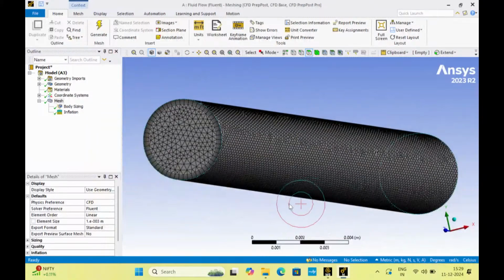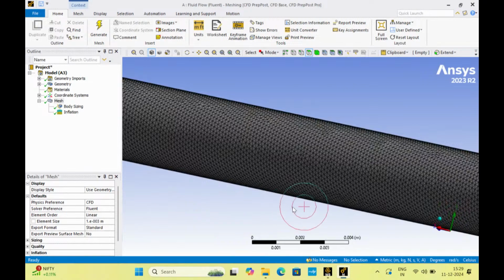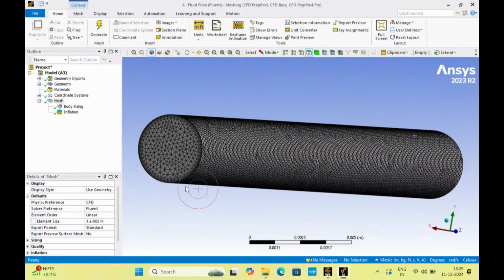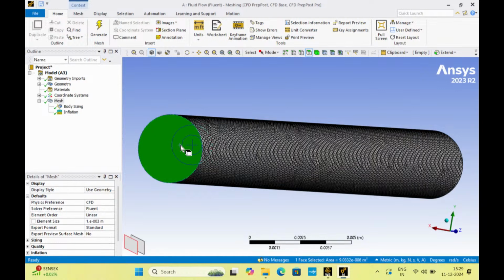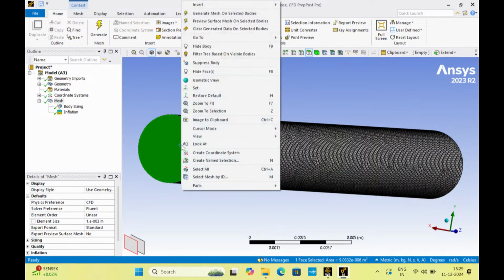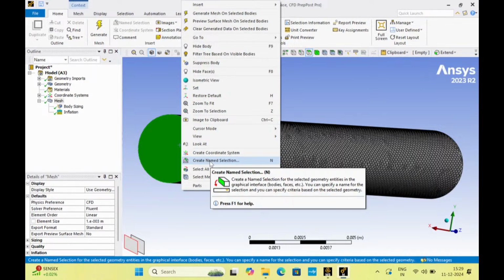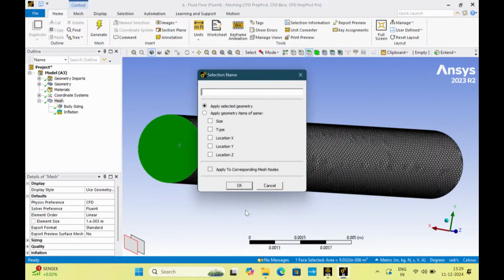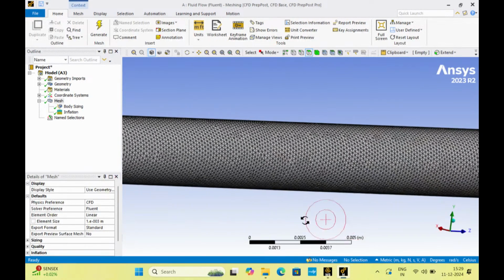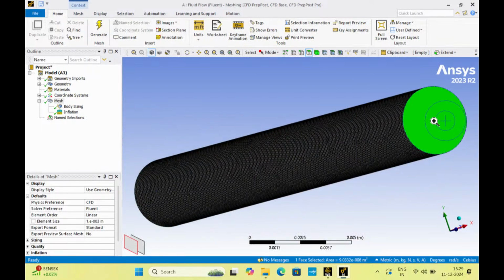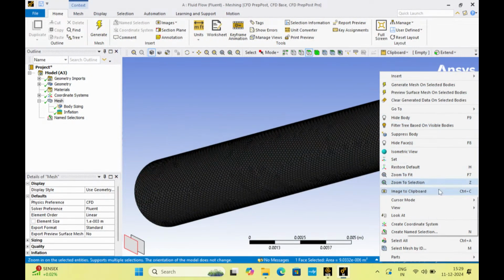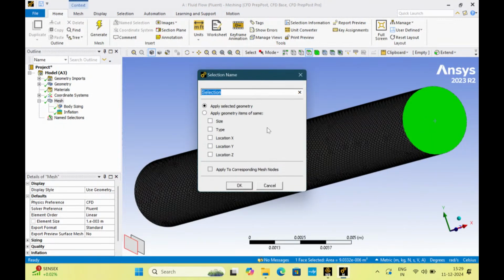Now we will have to name the faces, like which one is the inlet, which one is the outlet. For that I will click on each of the faces. I will click on this, right click, and create named selection. It is just a name, you can give any name. This I will be using as inlet, so I am giving it the name inlet, and the other end I am naming it as outlet. Similar procedure, right click, create named selection,